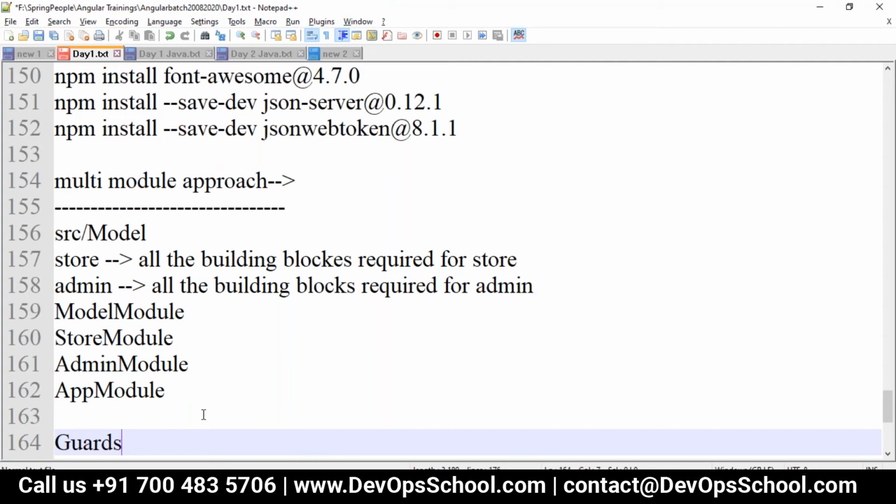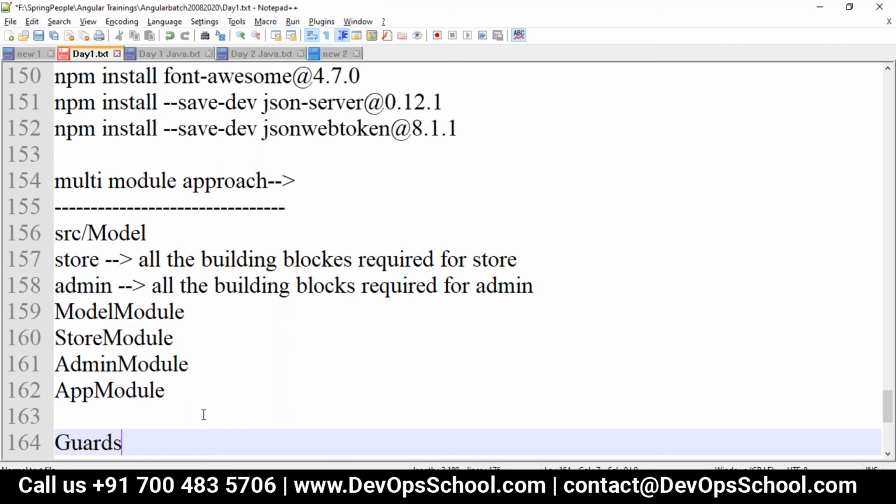The guards basically check or compare which links or what types of routings are to be allowed. In a guard, we have methods called canActivate and canDeactivate. With canActivate, you check the route navigation before the component is loaded. Auth guards take care of our authentication layer, so guards are also used to work on authentication.